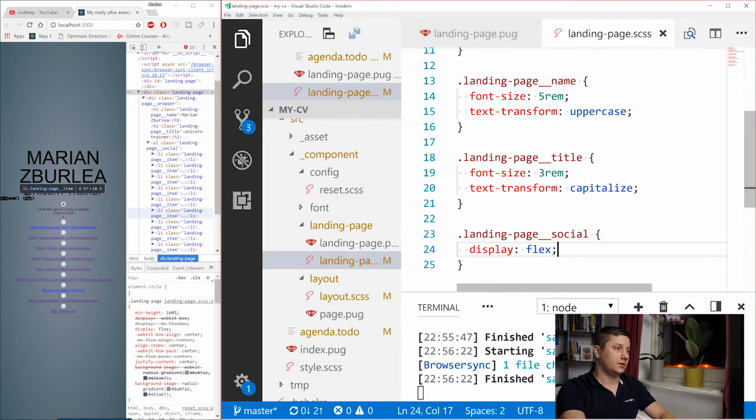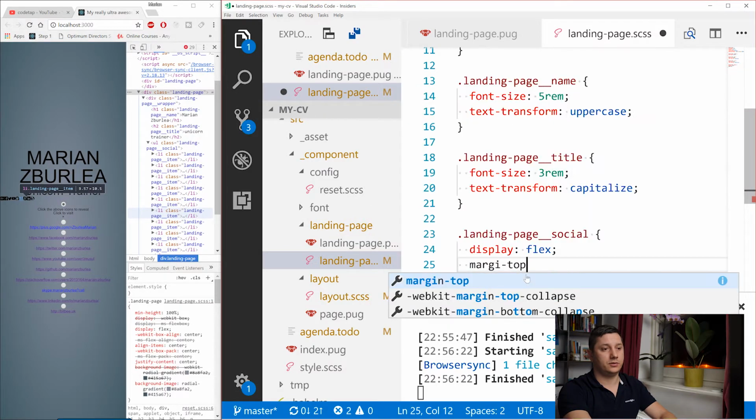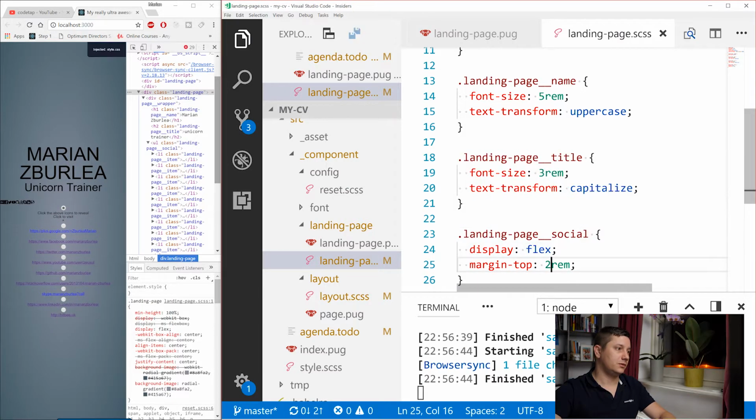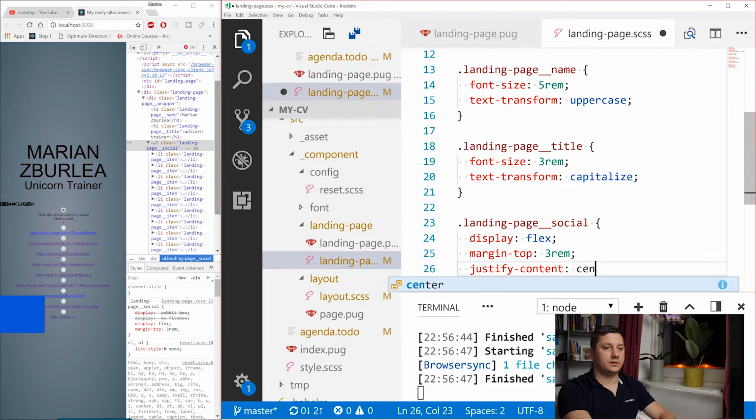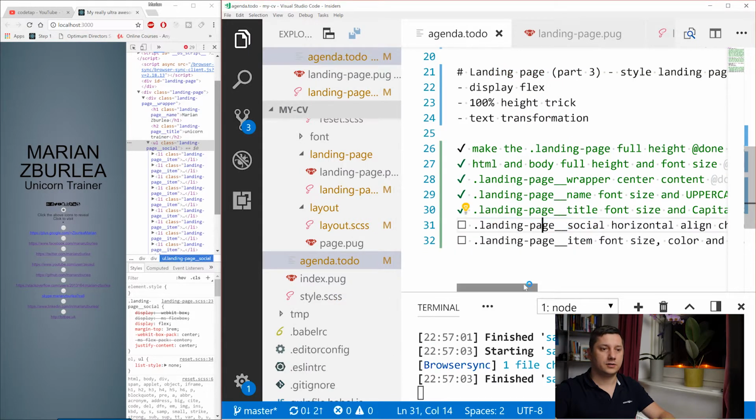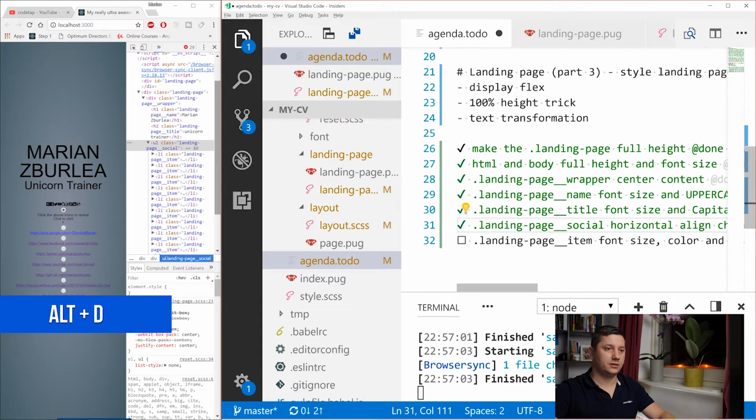And let's also move it down. Margin top 1rem, 2, let's make it 3, justify content center. Yeah, that should be fine. Let's go back to our agenda and see. Okay, that should be it.